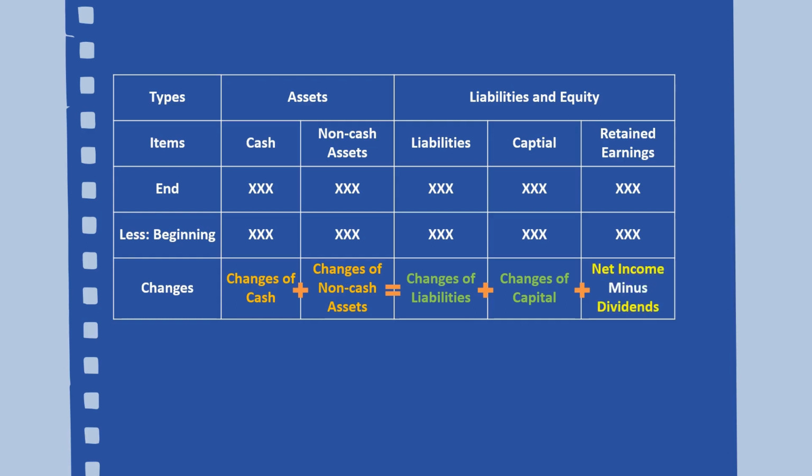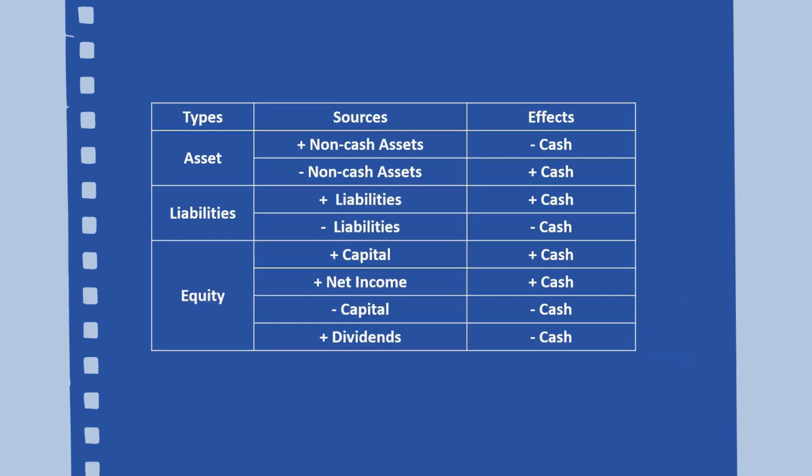Do you remember this? Net income minus dividends equals changes in retained earnings. The net income details come from the income statement, and information about dividends can be found in the statement of equity. Up to this point, you can see how the indirect method unravels the connections between financial statements, making it a far more popular choice than the direct method. Now let's break down the specifics.